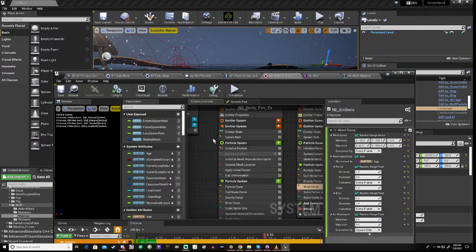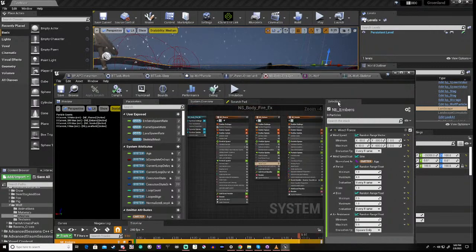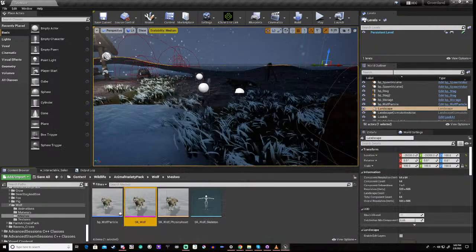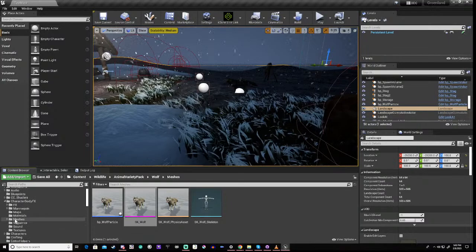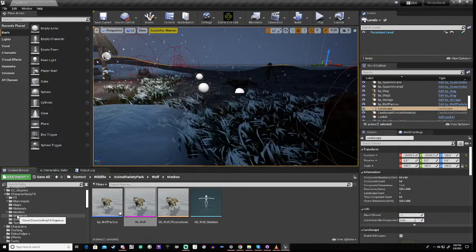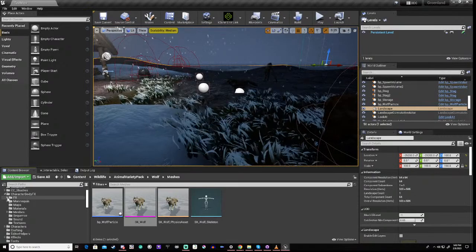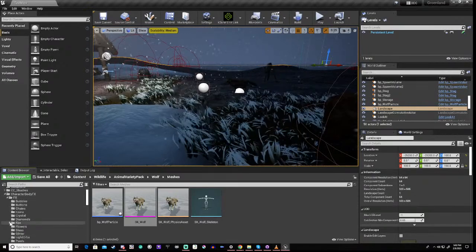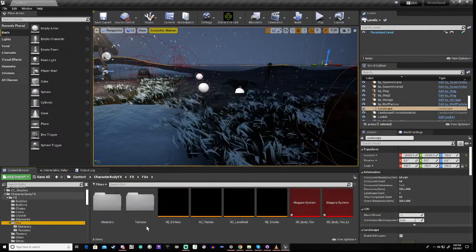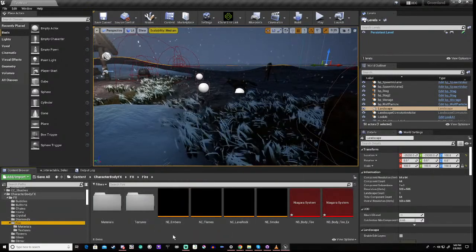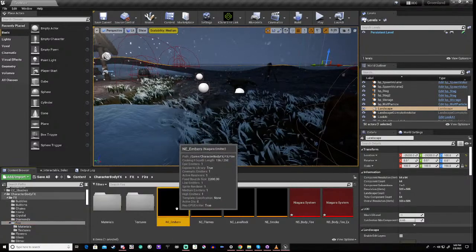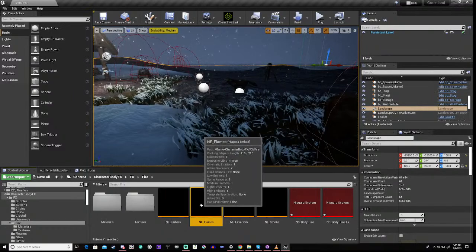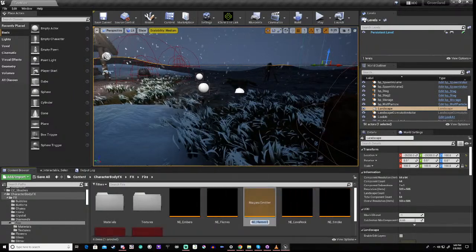Now the question here is, what I'm going to do is go back to our FX, then go to our fire, and I'm going to copy this. In fact, I'm going to copy this one, and then I'll duplicate it,